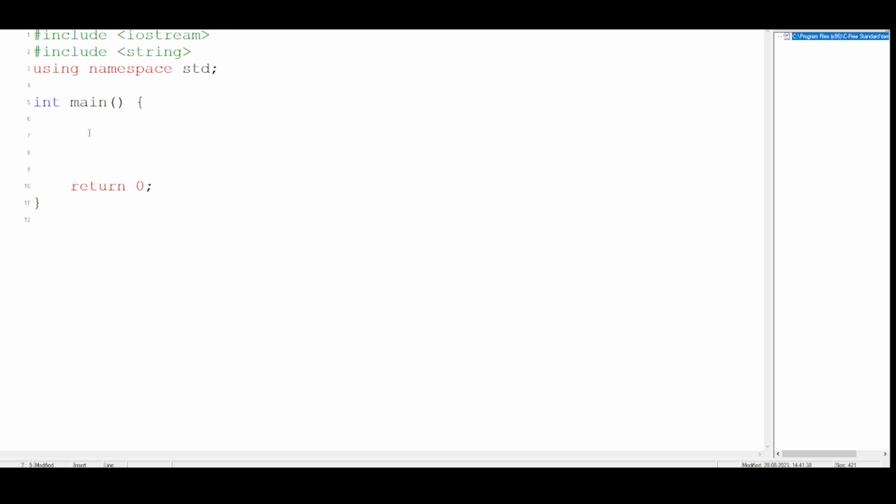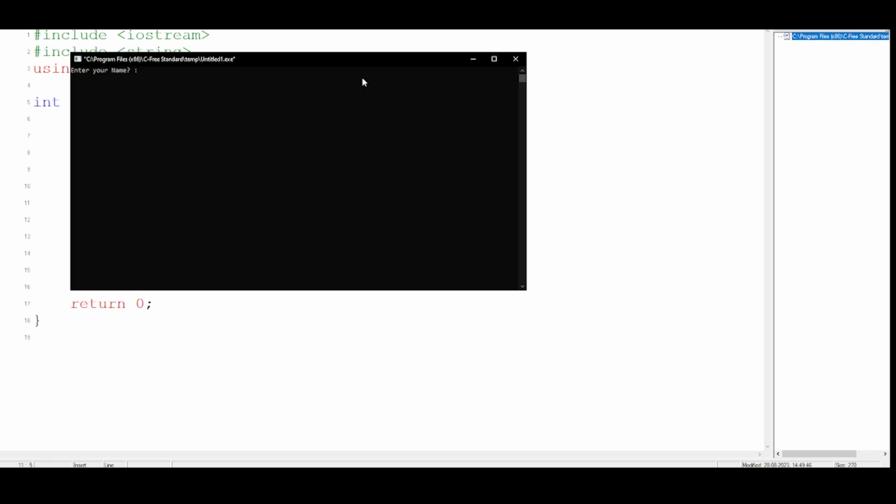So let's take an input and output and simply print it. I'll write here string name. So I've made a variable name with the data type string, and let's take an input: cout, enter your name, cin name. Now, generally, when you're taking string inputs using cin, you will face a problem. I will show you that problem. Let me first print the name: your name is. So let's run the code. It's asking me a name. Let's type John and press enter. As you can see, it's giving me the correct answer, John.